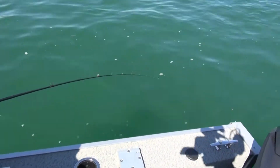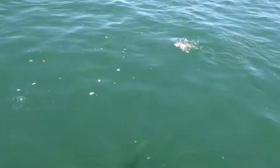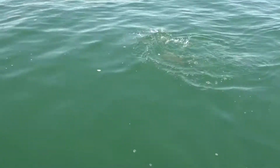It's a what is it? It's a coho or a king? Oh, it's a brown. Nice brown. Wow. Nice brownie. That's a beautiful brown. That's what we're talking about. Fishing like this, you